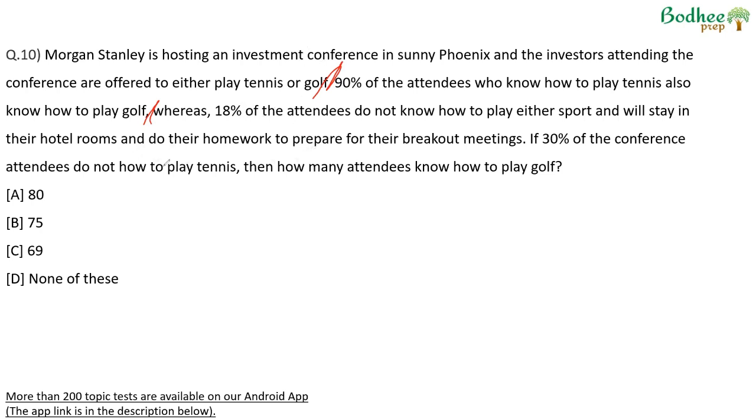18% do not know how to play any sport. So if we look at tennis and golf, 18 people will be outside, so 82 people will be inside the Venn diagram. If 30% of the conference attendees do not know how to play tennis, we know that 18 are already here. Therefore, remaining people, that is 30 minus 18,